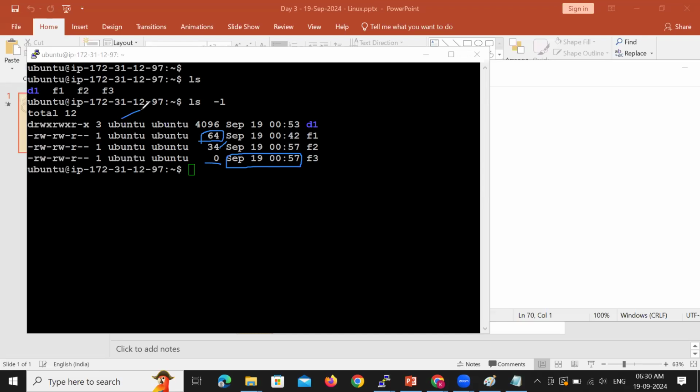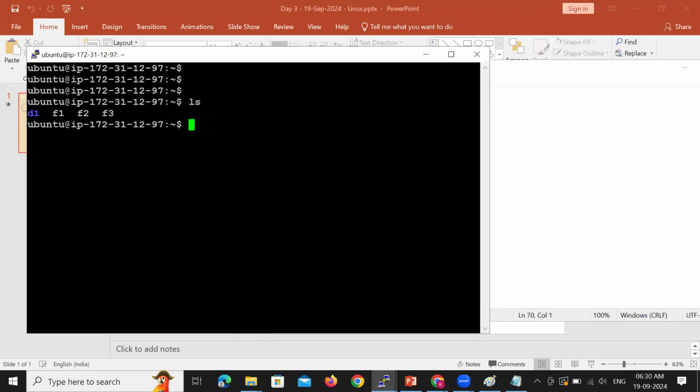This is the owner of the file, and this is the group the file belongs to. You will understand this soon. And a very important point is, are you able to see these are all permissions? RW, read, write, X. These are all permissions. The point you have to understand is that